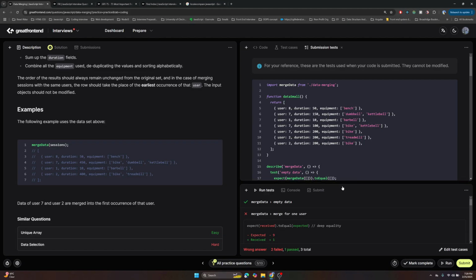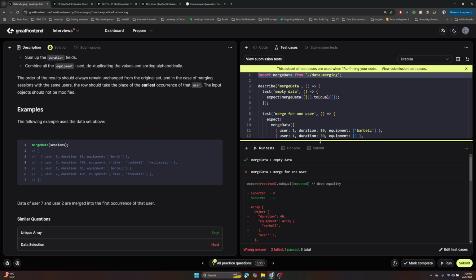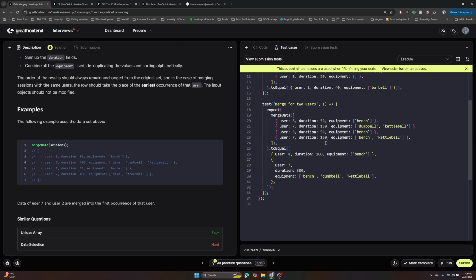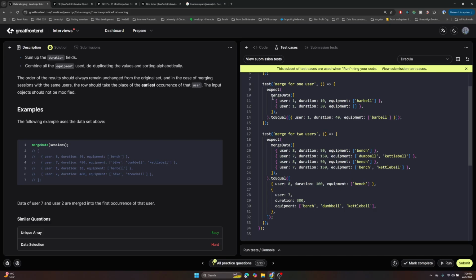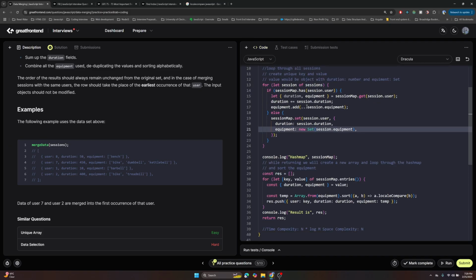Okay, test cases. Okay, let's see test cases. Oh, these are the small test cases. So we have barbell one, we have 8 7 8, so 2 should be there, and we have 8 and 7 which are all unique. Okay, so code,